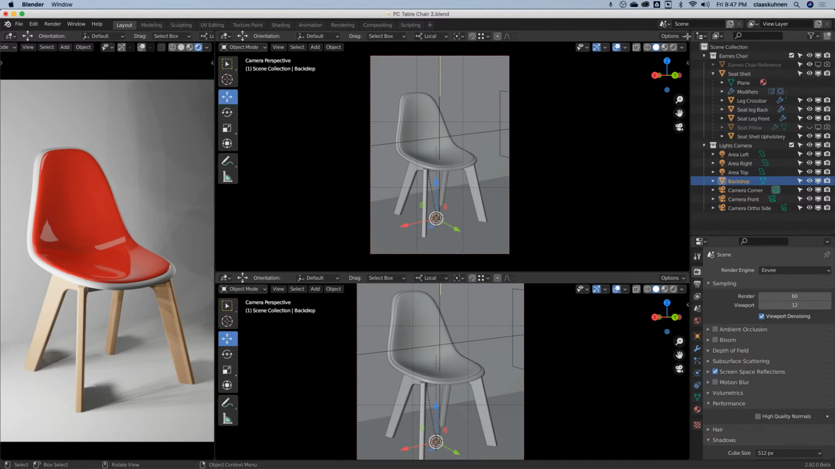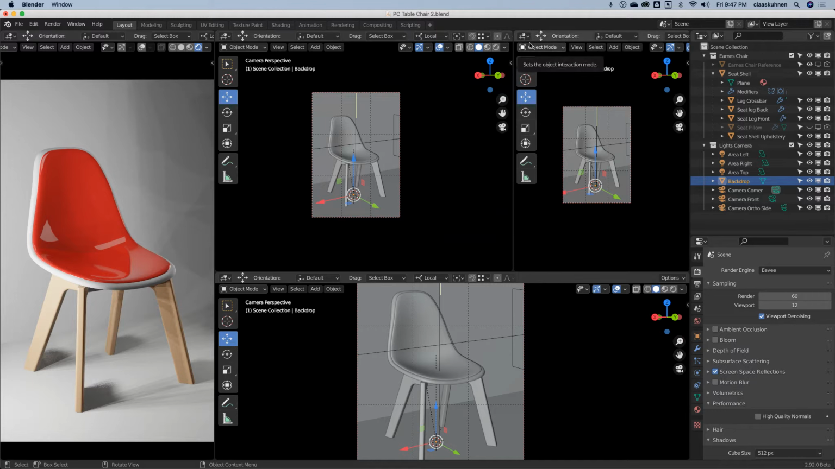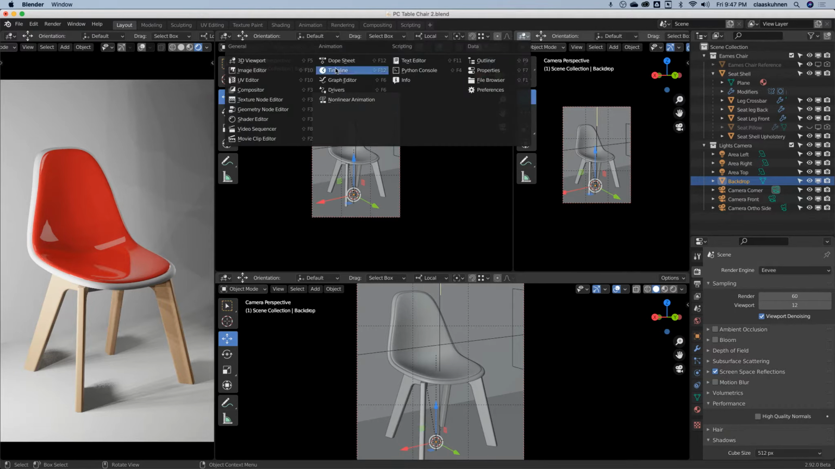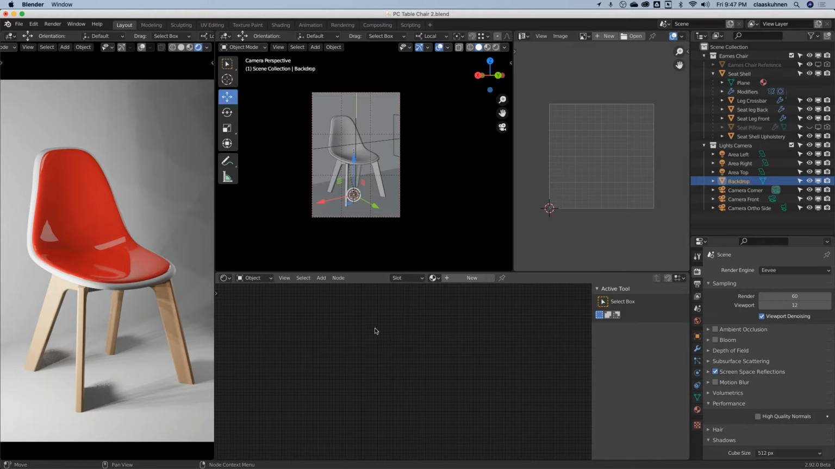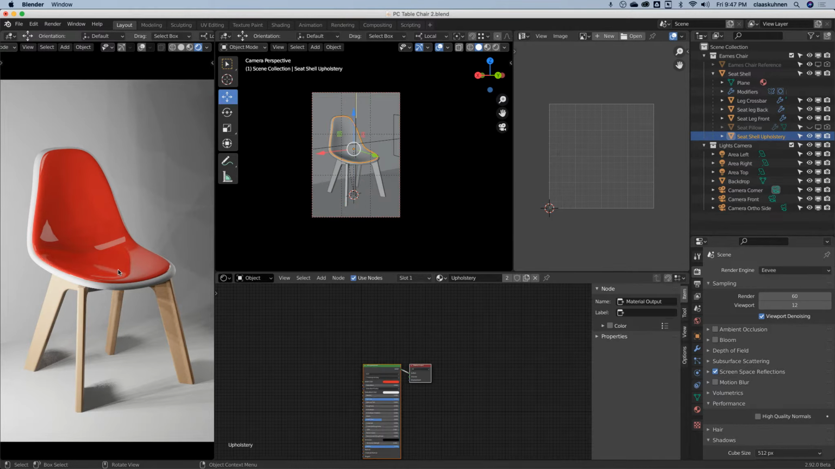Okay, and we do this here one more time. Vertical there, and then we will change this viewport into the UV image editor. And here we will set this to shader editor. Okay. Don't worry, I will run you very slowly through what we're going to do. We will start with the